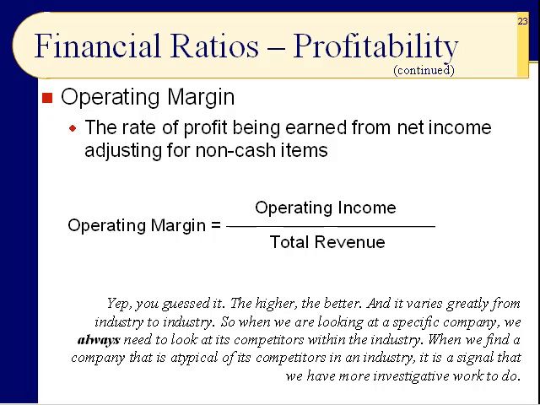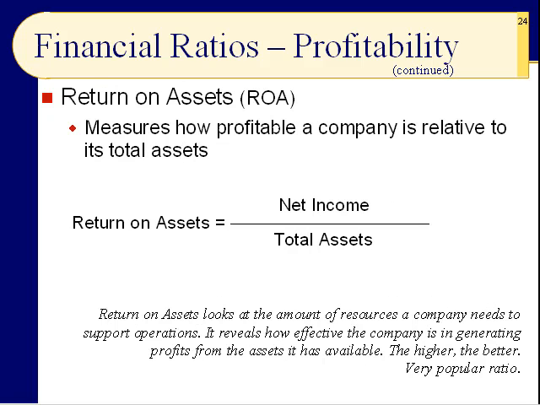So, no, we're not done yet with profitability. We still have to do return on assets and return on equity. These two are very popular, right? These are measurements of how profitable a company is relative to its total assets. So we take the bottom line on the income statement, and then we divide it by how much assets the company owns. Net income, we've looked at that several times so far. That's on the income statement,